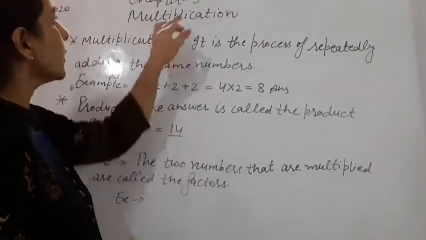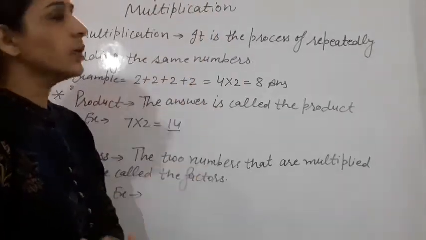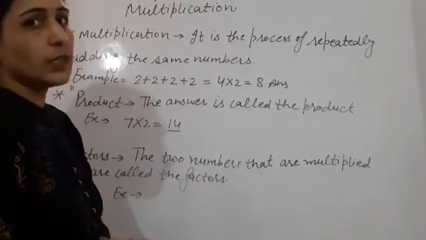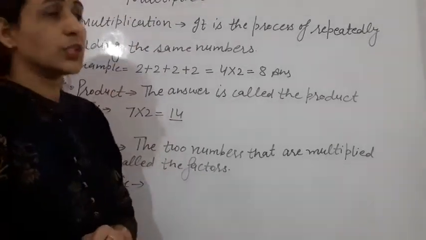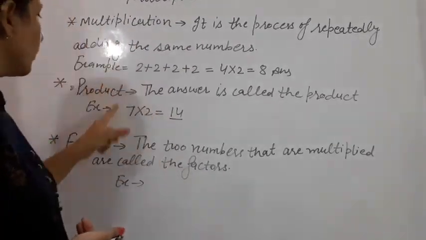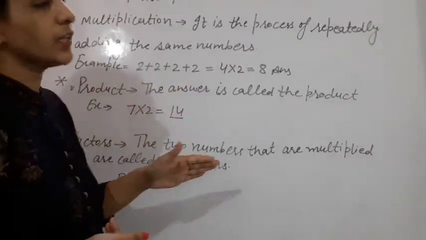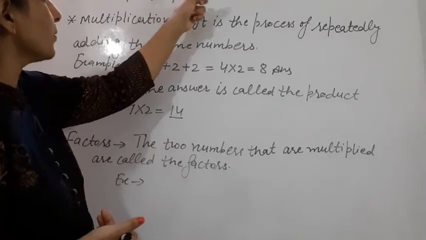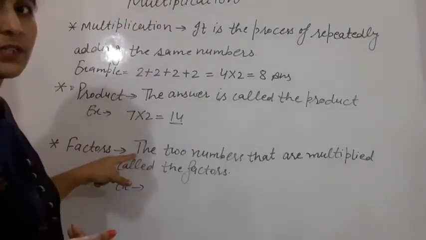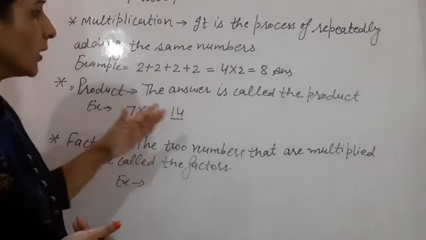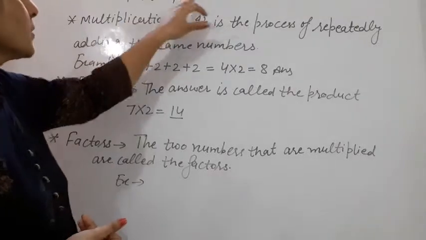So today we start our new chapter, chapter number 5, multiplication. Clear? Chapter number 4 we have done. So today we start chapter number 5. Before starting this chapter, here are some points which I am explaining. When you start your recap exercise, before it you write chapter number 5 and then multiplication, and write these 3 points in your fair notebook. Then you start your next work. So the name of that chapter is multiplication.